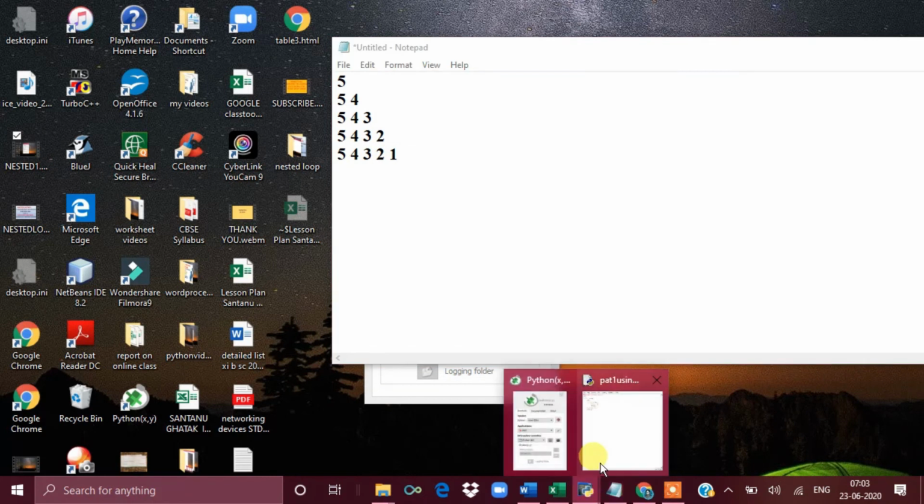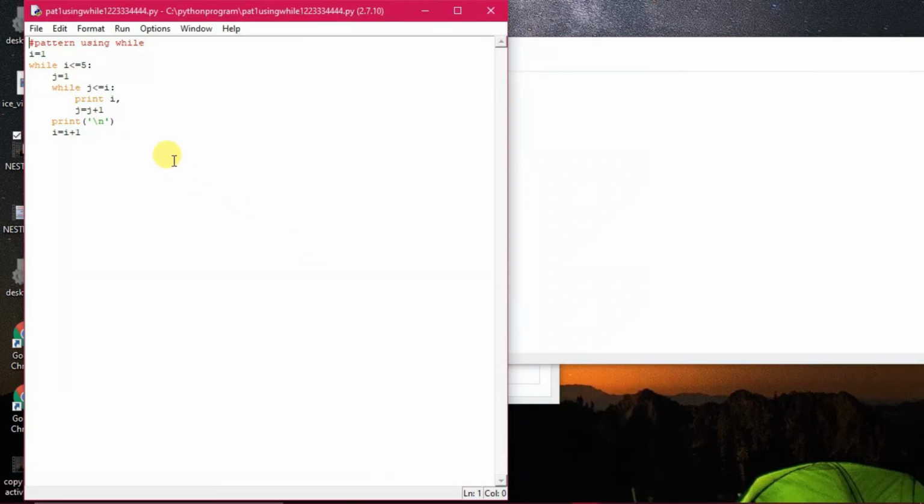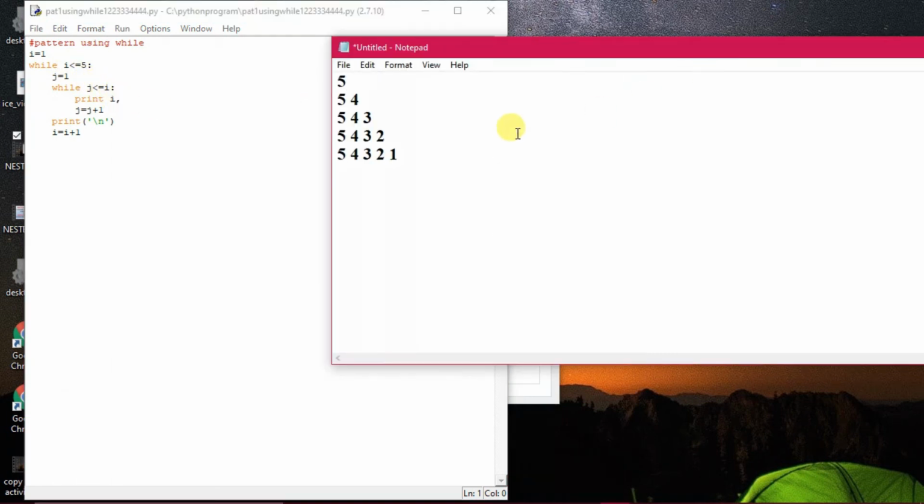Okay, now next another program we will see. Now you check out how this thing has been done. You can guess the output. See here, apart from the other type of programs, here it has been given inside print i. So one simple thing, 1 to 5, then i is increasing, i is becoming 2, then it is coming 2 out here. The main loop is rotating 5 times, and it is starting from 1 to 2, but here it is given print i. Print i means the outer loop value. Then what will happen? It will print in this way: 1, then 2 2, then 3 3 3, then 4 4 4 4, then 5 5 5 5 5.